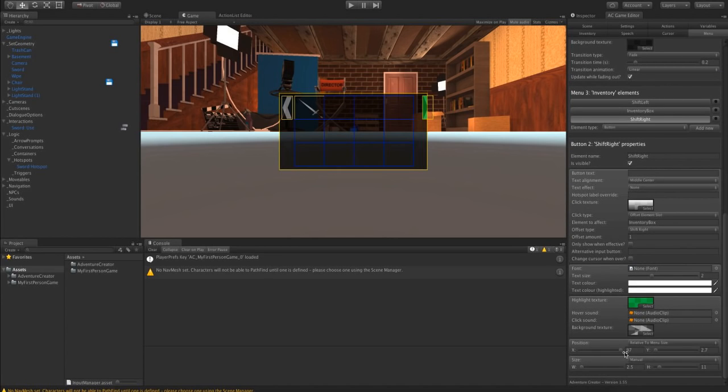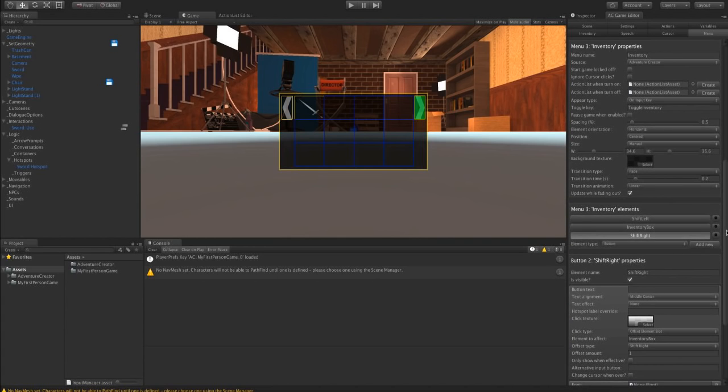Now this is of course using Adventure Creator's built-in menu display system. If you prefer, you can of course use Unity UI for this. You can link up Unity UI prefabs to Adventure Creator's menu system. There are tutorials online for this. This is covered as part of the 2.5D tutorial, and it has a text tutorial on the tutorials website as well. But now we have our inventory menu as a grid in the middle of our screen.